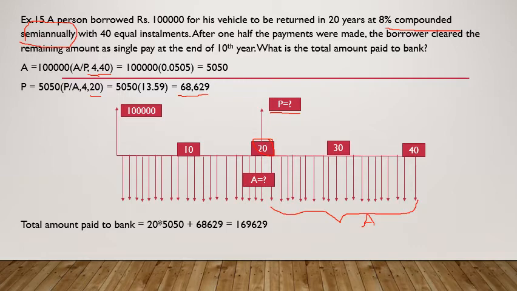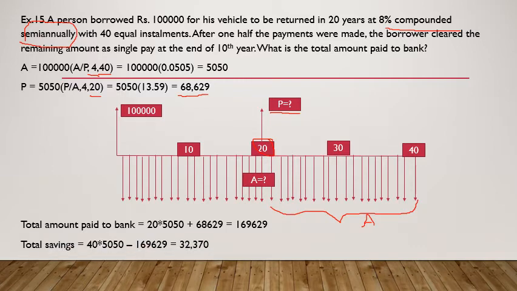If you do not have any other investment option, if you feel that you need to pay it here as installments, even if you have extra money, my suggestion is that better pay the loan and clear the loan. If you have any other option which can fetch you extra interest, then you can postpone the clearing of the loan, or else it is better always to clear off the loan from the bank.